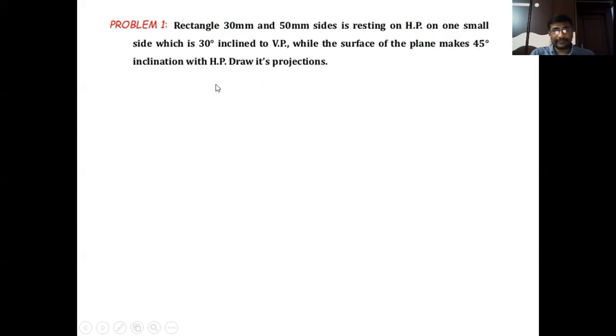Clear, students? When we place the surface parallel to HP, in the top view it looks like a true shape. That is, the rectangular shape will be visible from the top side. So we have to start with the top view. Clear, students? The top view is always below the XY line if it is in the first quadrant. When we're looking from the top side, the top view must be below the XY line. So first we have to draw the top view below the XY line and then the front view on the XY line.